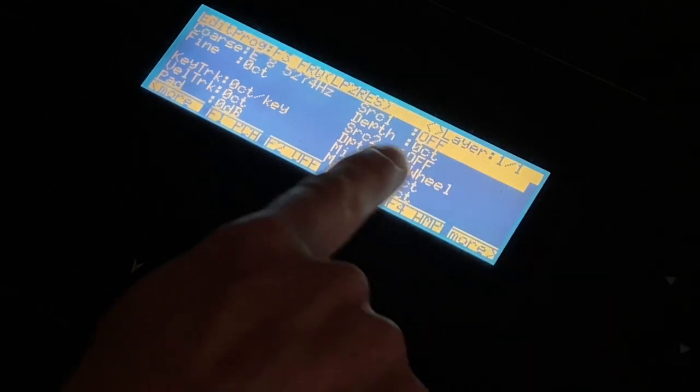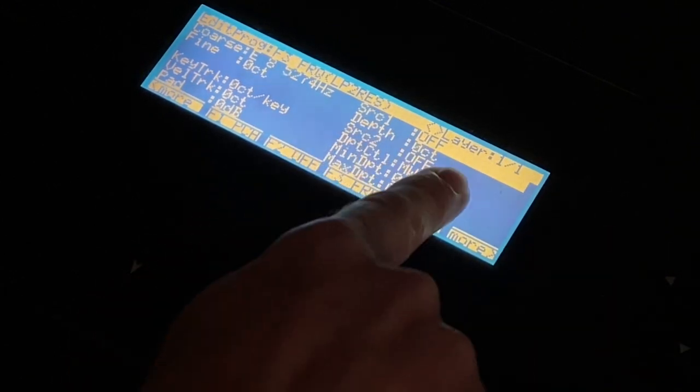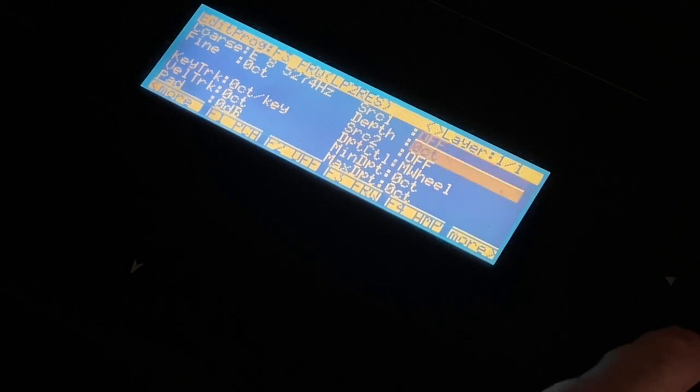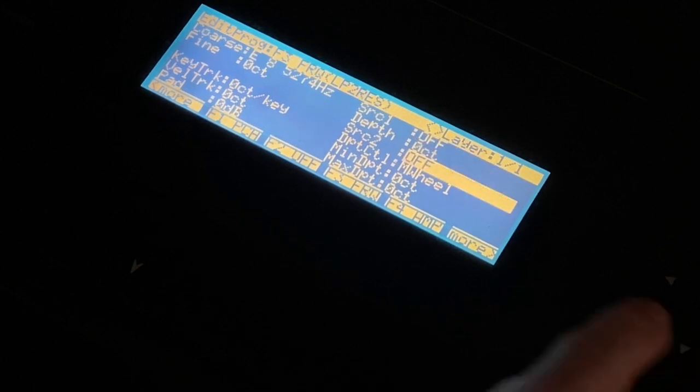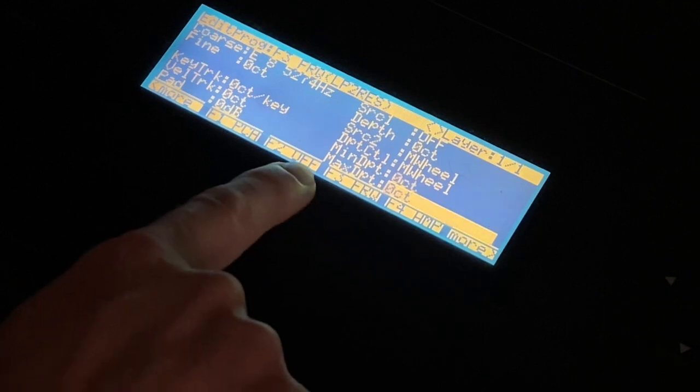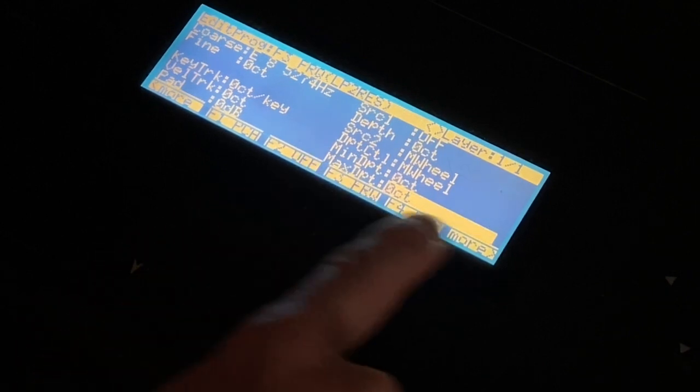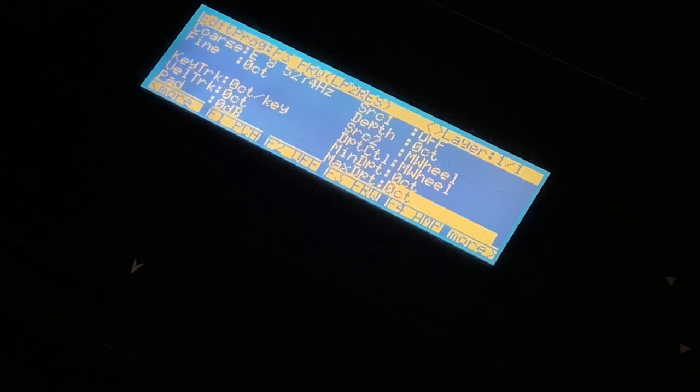What I want to do in that example is assign the frequency to the modulation wheel. So I could assign it here to an envelope or an LFO, but I just want it assigned to the modulation wheel. So I need to select modulation wheel here as the second source, and here I need to put the maximum depth, which will guide how much it will impact the filter frequency as you move the mod wheel up. So you can put quite a high value here, and